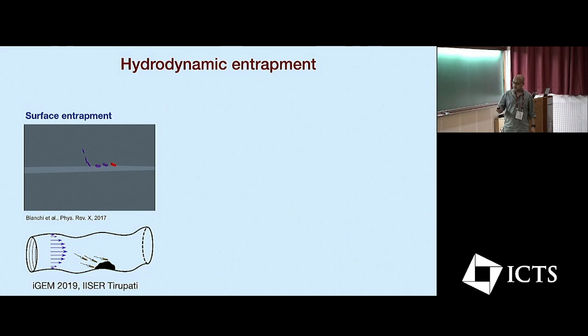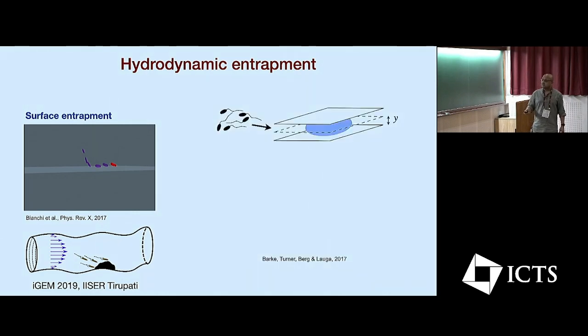For example, if the bacteria carry some kind of drug to treat something on a substrate, then you want them to go to the substrate and get trapped. On the other hand, if you don't like bacterial infections, then you would like to prohibit them from getting trapped. Okay, so this is another example where bacteria are put in a solution which is kept between two